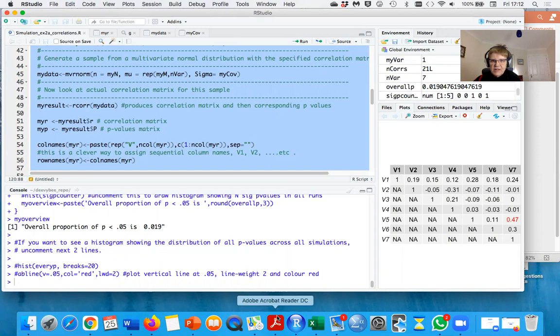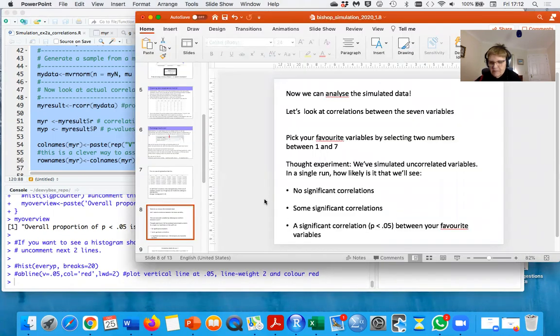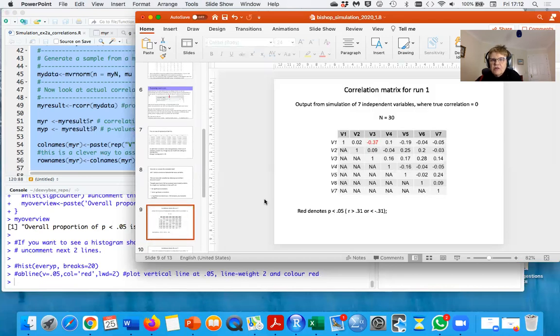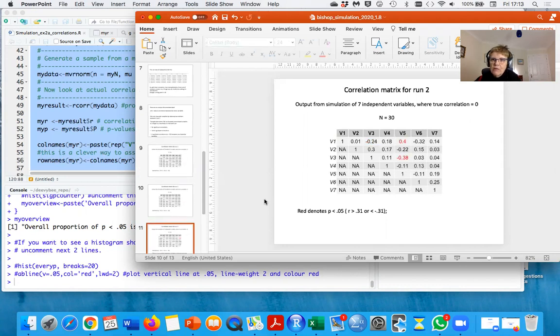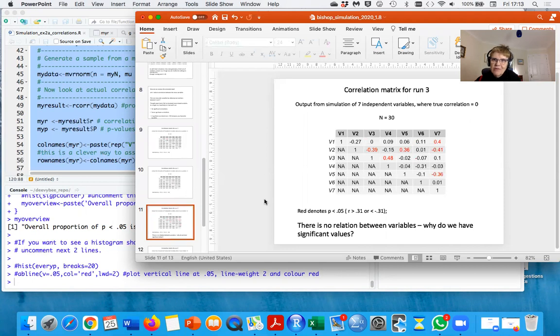Basically, what I did in the slides here, just to save us having to go through this painfully slowly, is show you some typical output, which is very similar to what you're seeing there on the screen. So you get these odd red things popping up, but they can be all over the place. And there's one there where you could get 6 significant correlations, and we know that there's really nothing going on. So what's happening? Is there something wrong with R? Is there something wrong with multivariate normal? The answer is no. It's simply that this is part of variation in small samples,